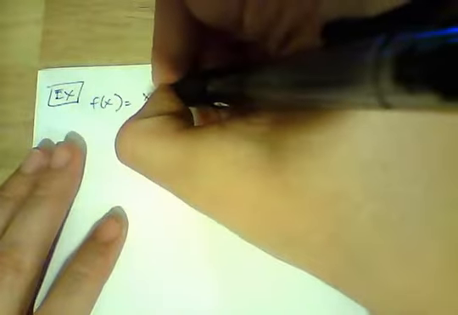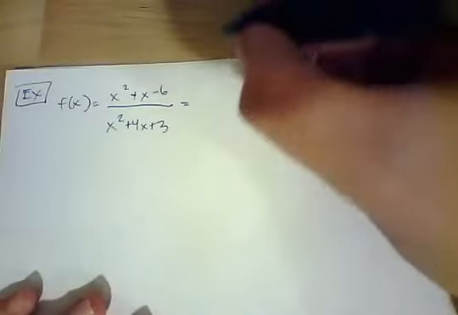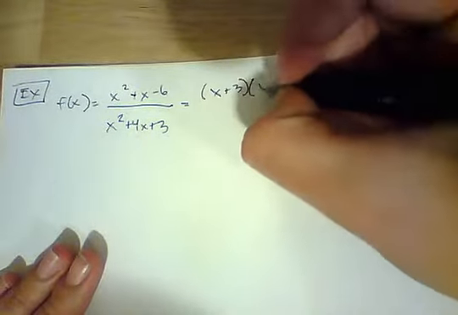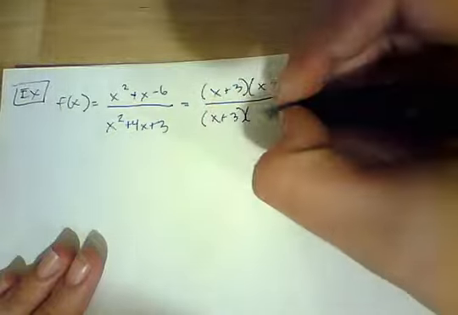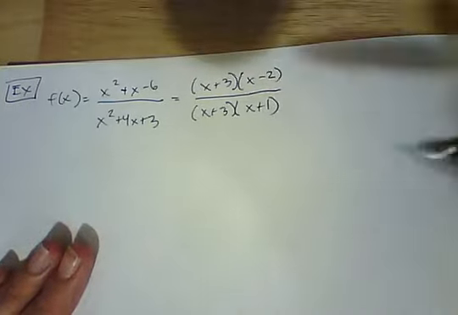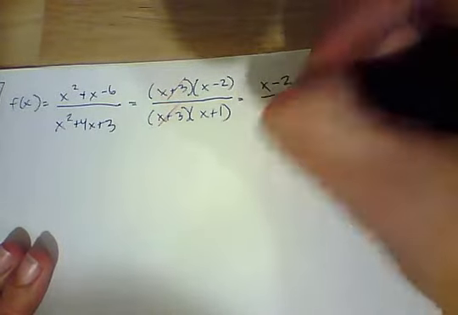So let's do a last example for you all. Say that we had the function f of x equals x squared plus x minus 6 all over x squared plus 4x plus 3. You guessed it, it's always a good idea to factor whenever you can. So we're going to factor this out. We're going to get x plus 3, x minus 2 over x plus 3, x plus 1. And we know we can cross these out, and we get the new and improved f of x, which is